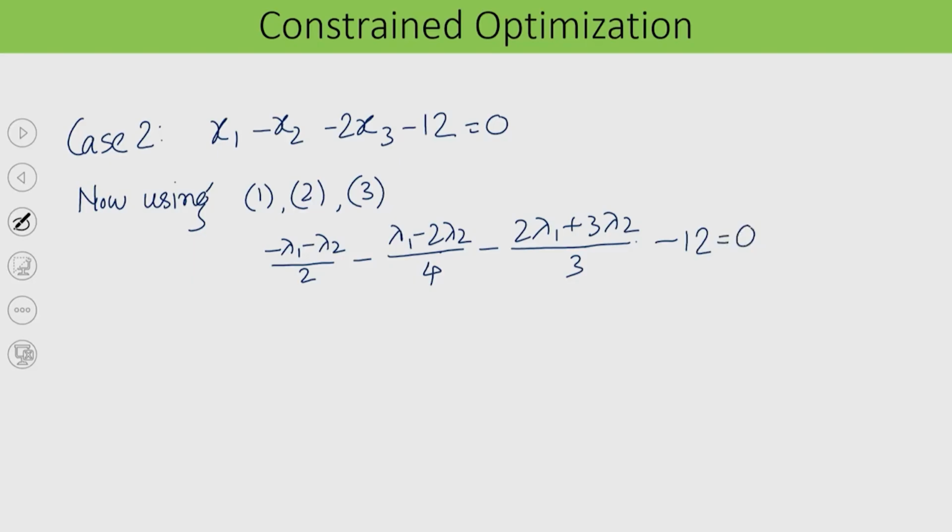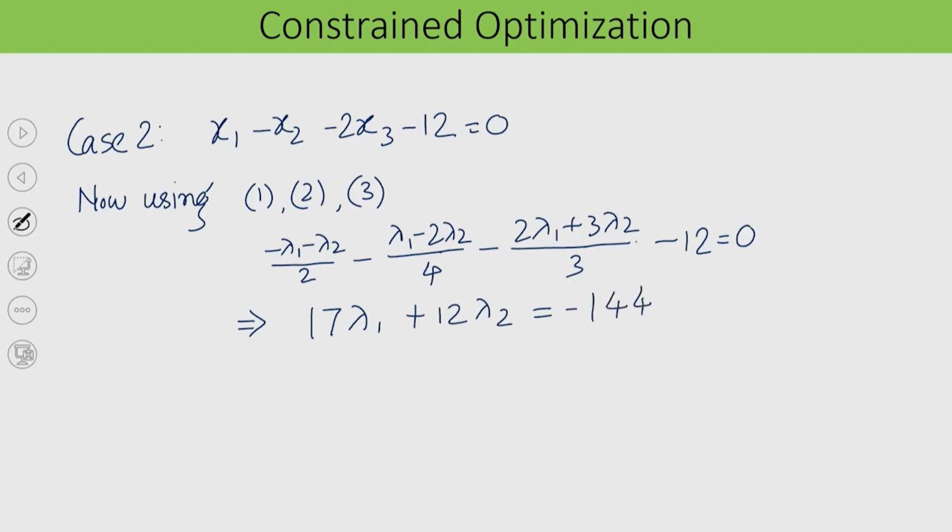If I simplify this equation, I will be getting 17 lambda 1 plus 12 lambda 2 is equal to minus